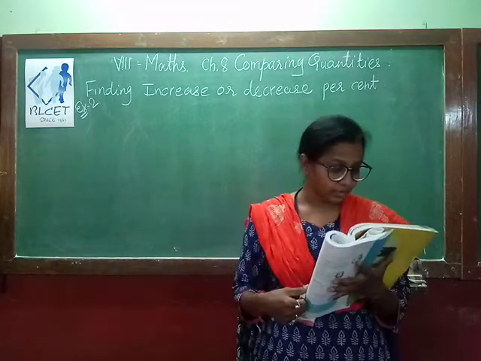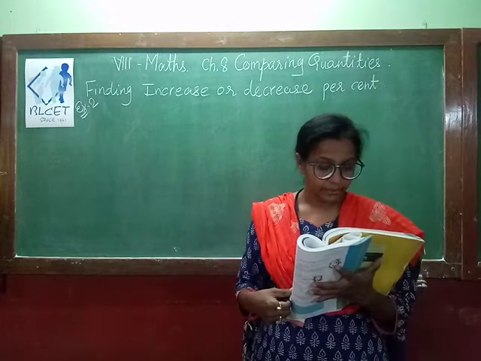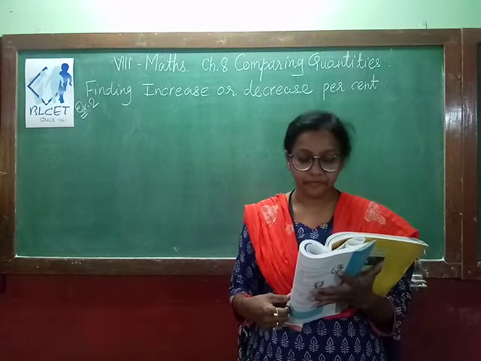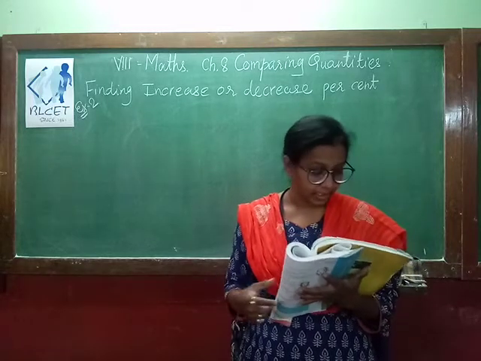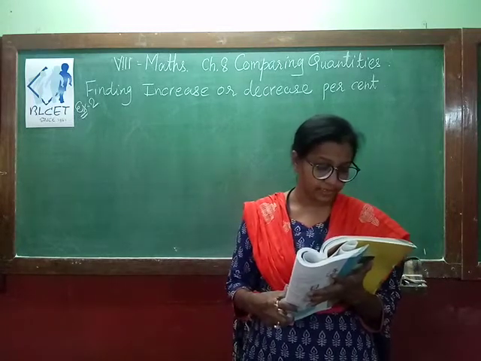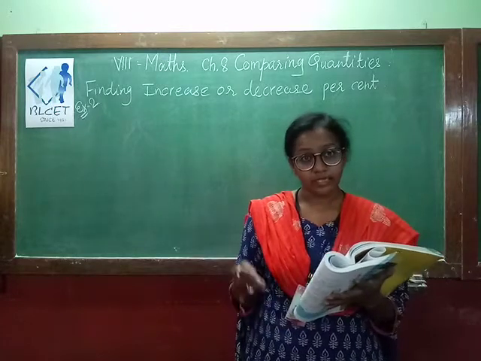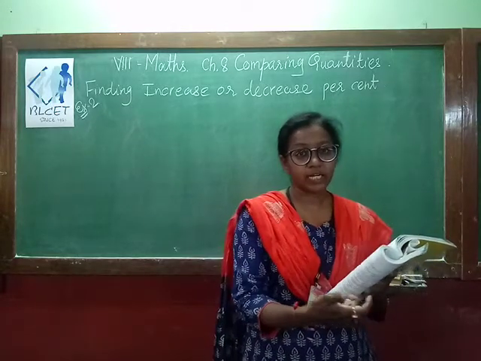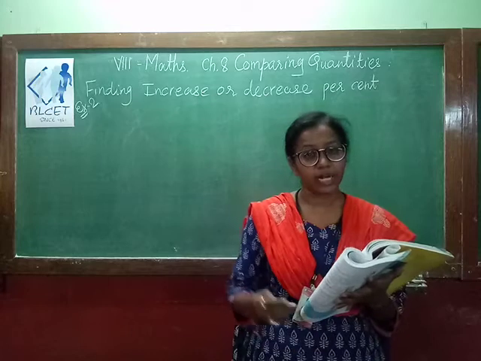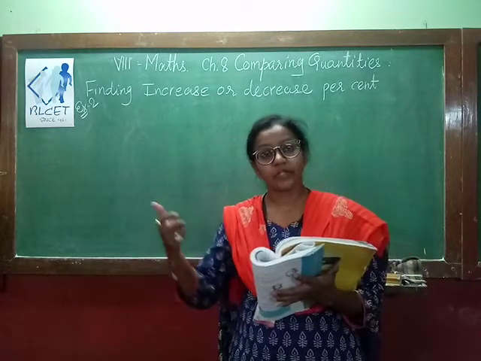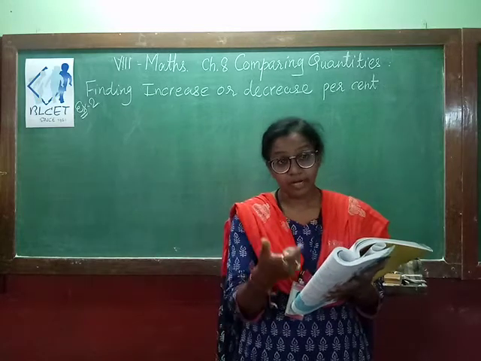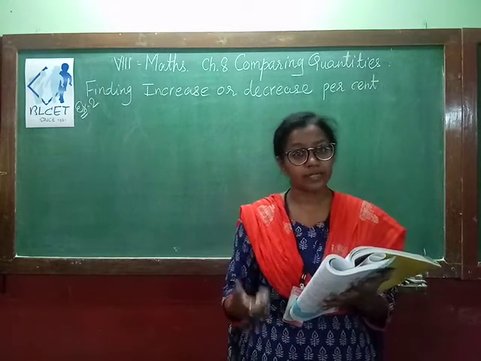So see the question, example 2. The price of a scooter was rupees 34,000 last year. It has increased by 20% this year. What is the price now? So last year if you have purchased your vehicle at 30,000 or 35,000, after 2 years maybe the same vehicle is there but the price has increased. So that is your increase rate. But that rate you have to count in terms of percentage, then how will you count?